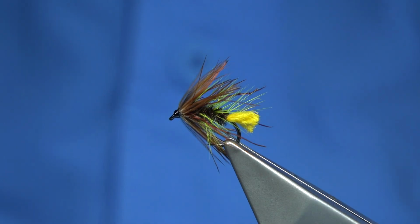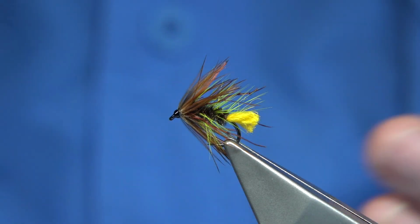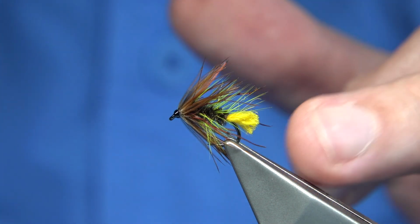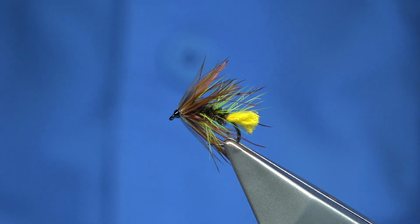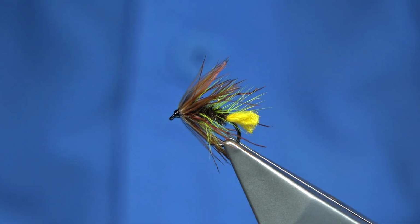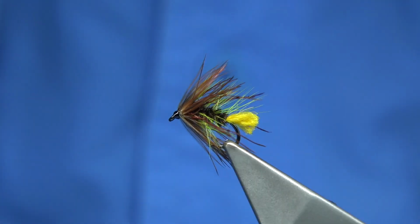So there we are. That's the Bracken Clock variant. As I say, it's a Coch-y-Bonddu, which is another version of the fly. It's a beetle pattern combination, so a mix of the two. So anyway, I thought you'd like to see it. It's a nice wee fly,